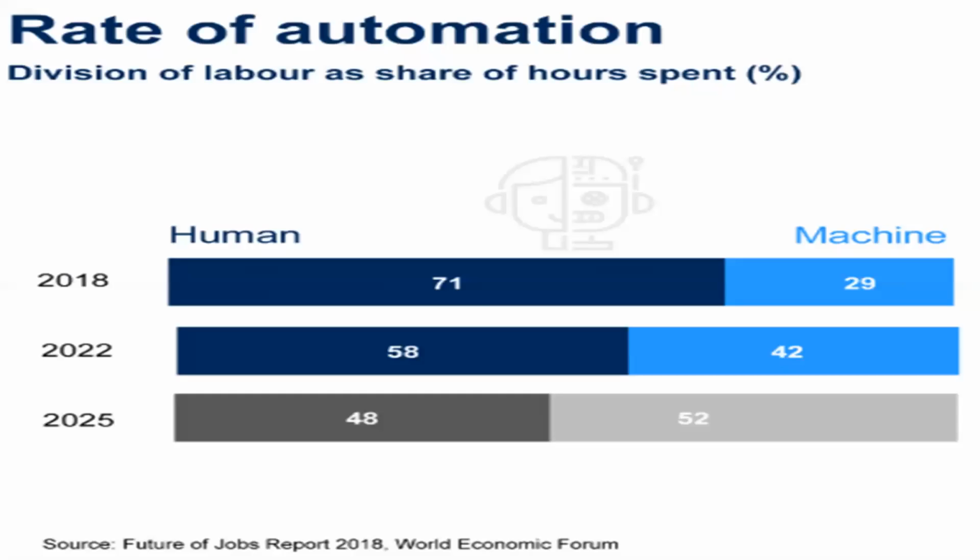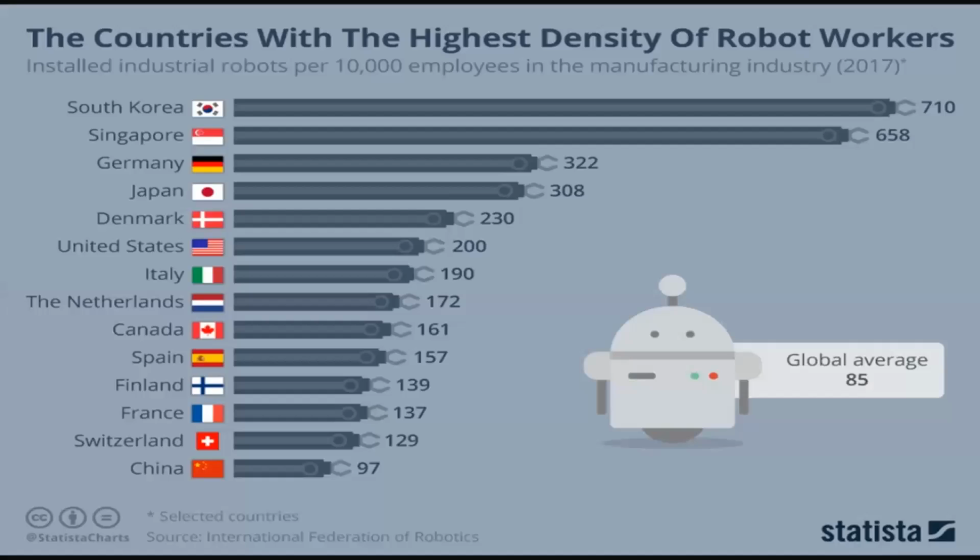For 2018, we have 71 percent humans and 29 percent machines. In 2020, 58 and 42. In 2025, 48 and 52. So this was the prediction. Almost, your workers in future workplaces will work with robots plus machines, not only robots but also software and other AI products. Some companies already use robots, such as in South Korea and elsewhere. India is very low, but we don't know, it will change drastically.